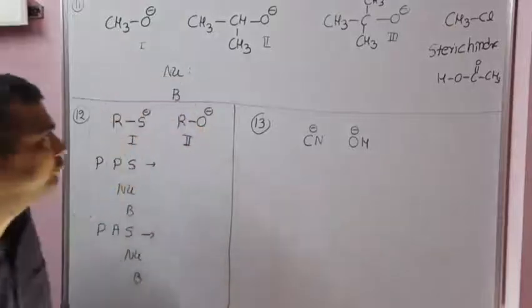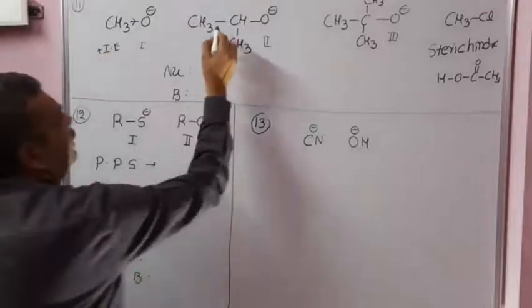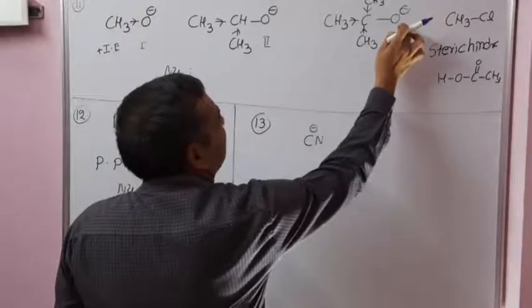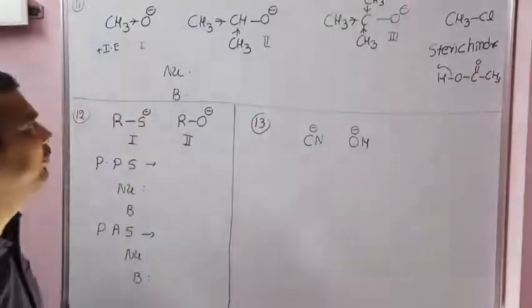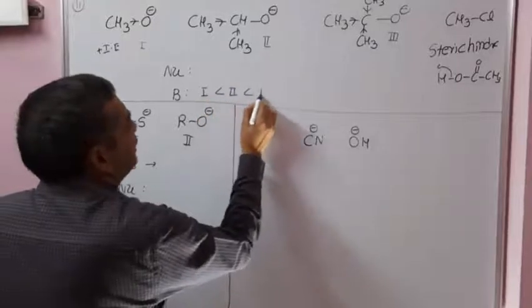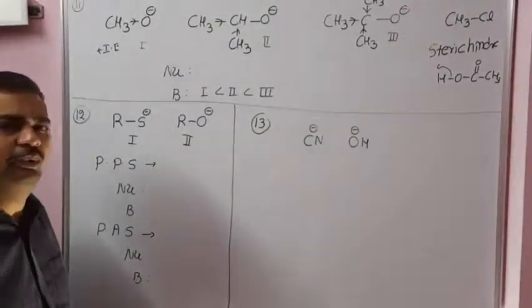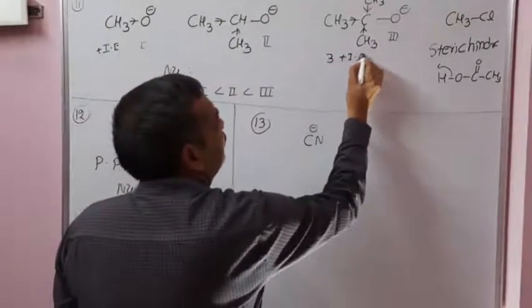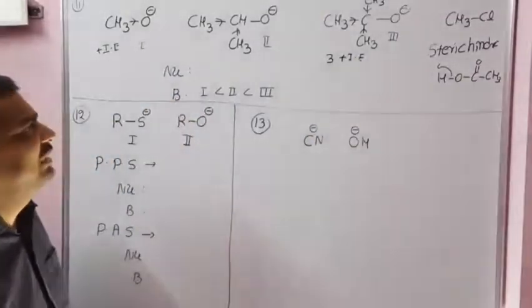Okay, see, no doubt electron density: +I effect 1, +I effect 2, +I effect 3. So the electron density is maximum here. Definitely it will easily abstract a proton from here. First we will write the basic nature. 1 is less basic than 2, which is less basic than 3. 3 is a strong base. In the tertiary one, the electron density on oxygen is more, because of the three +I effect groups. Maximum electron density will readily abstract a proton from any acid. That's why 3 is more basic.